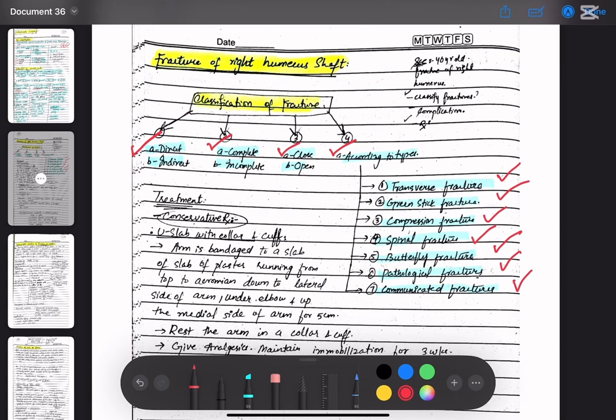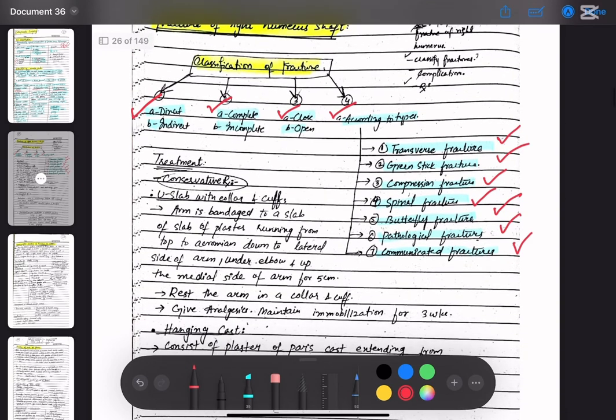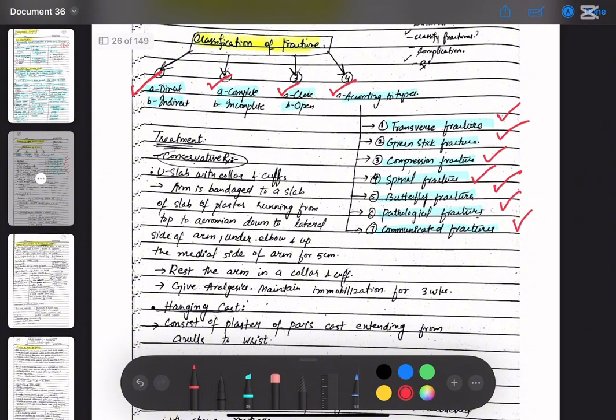Okay, what are the main types? Fracture of right humerus shaft, we are having direct and indirect fracture. Then we are having complete and incomplete fracture. Then we are having closed and open fracture. Now according to the types, we are having transverse fracture, greenstick fracture, compression fracture, spiral fracture, butterfly fracture, pathological fracture, and comminuted fracture. Now for this we should make the mnemonic: